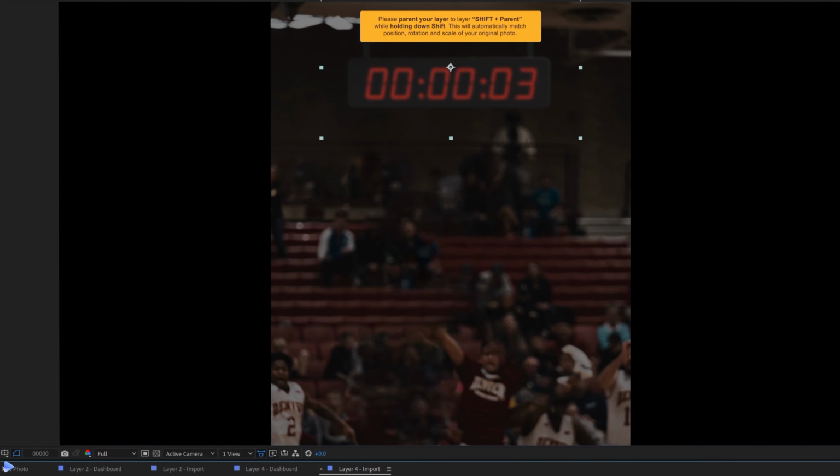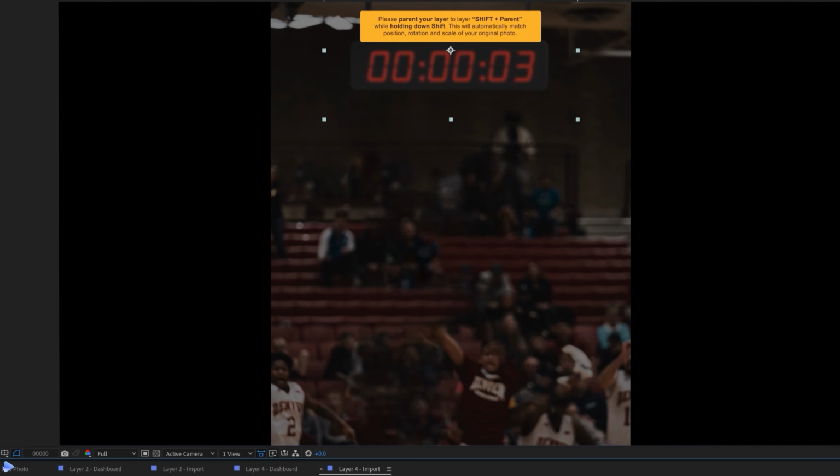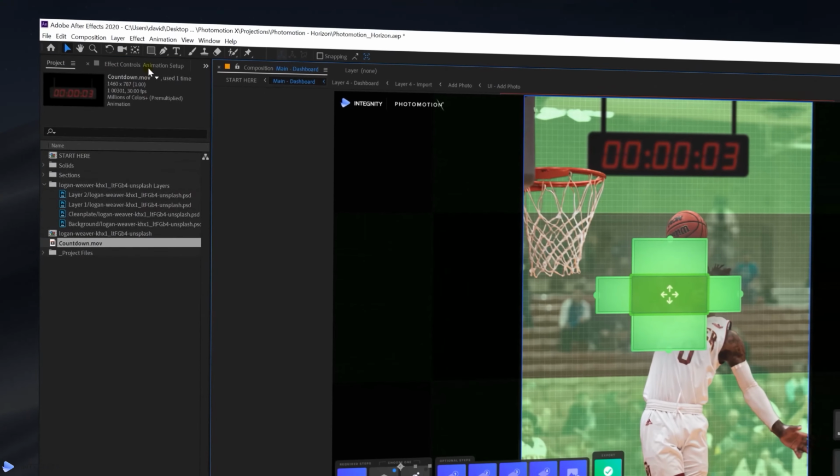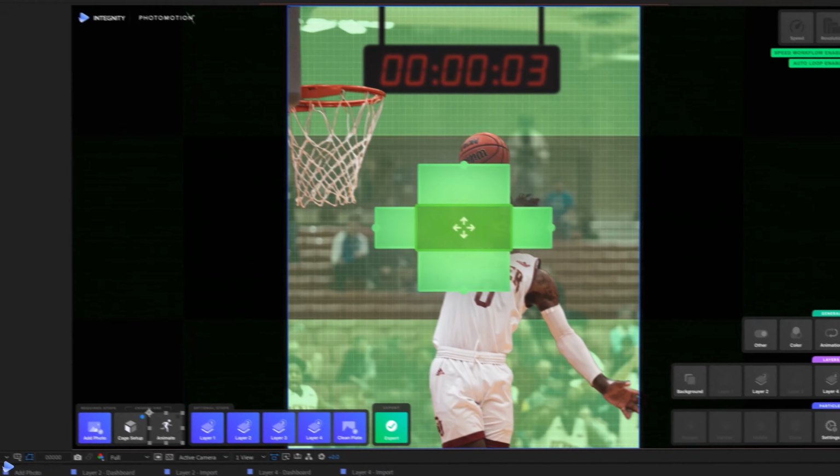So just a quick case in point, you're really not limited in terms of still layers. We'll just drag it in here, and since it's not part of our overall Photoshop project, just scale and position it manually using the actual layer attributes itself. Back at the main dashboard, we'll move into the animation part of this tutorial by going to this animate button, and then within effect controls, we'll tick this checkbox, show controls animation.